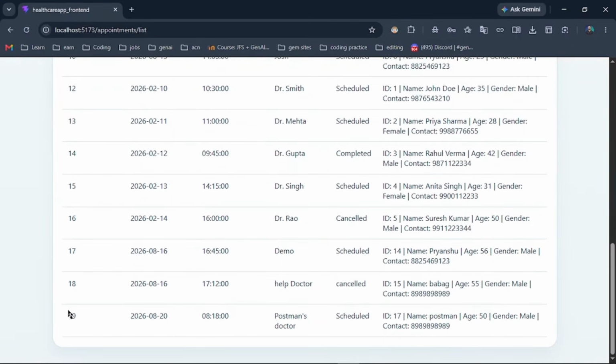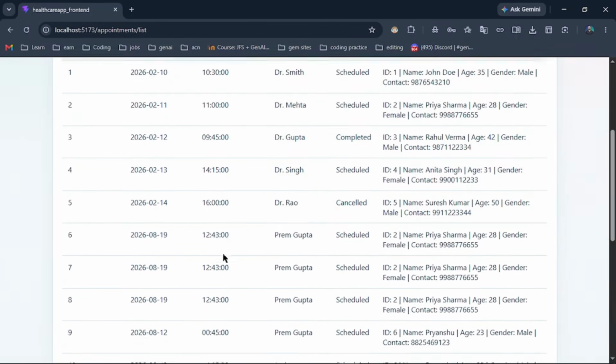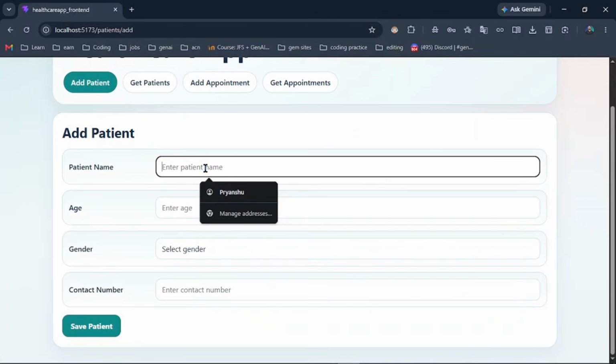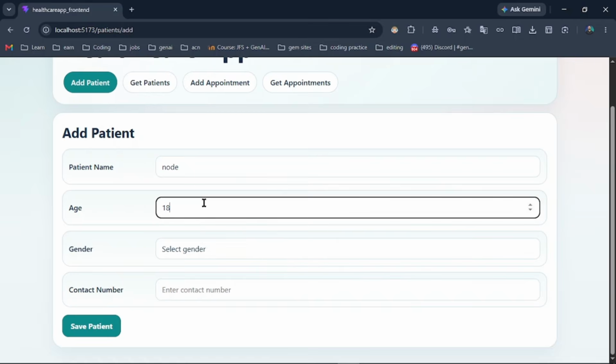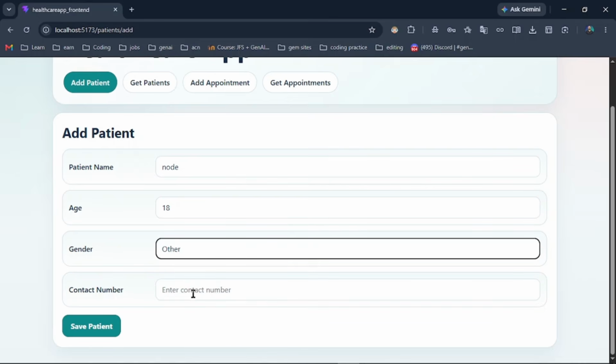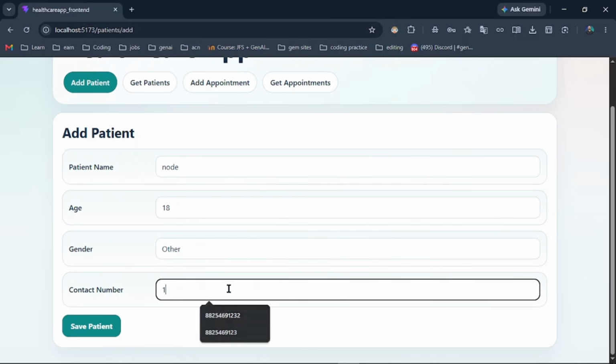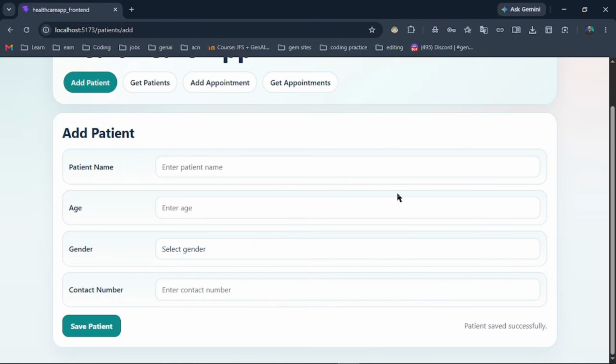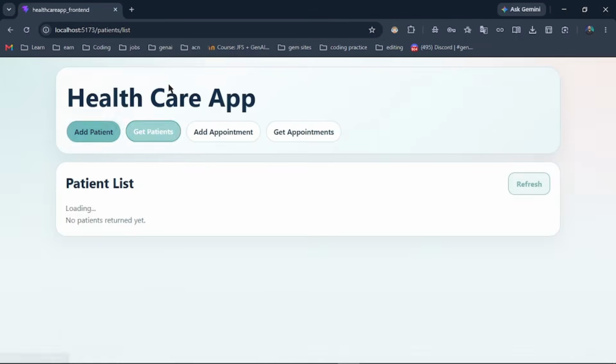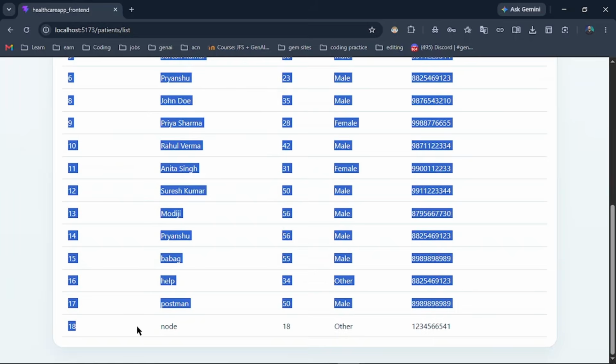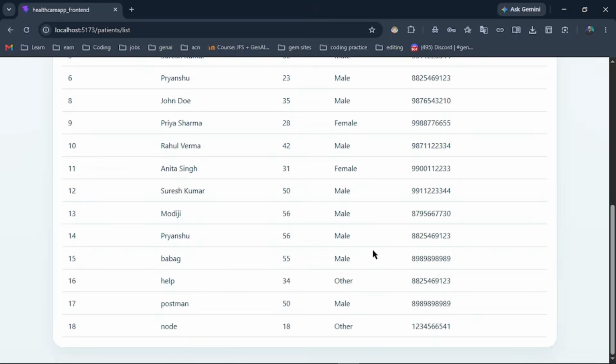और अब मैं जब गेट अपॉइंटमेंट में आता हूँ, तो यहाँ पर देखना आप एक अपॉइंटमेंट आ गया है, शेड्यूल्ड पोस्टमैन डॉक्टर। ठीक है, और यहाँ से हम पेशेंट को भी ऐड कर सकते हैं। मान लीजिए मैं यहाँ पे एक पेशेंट ऐड करता हूँ, नाम रखता हूँ मैं नोड। इसकी एज डाल देता हूँ मैं, मान लीजिए 18 ईयर, जेंडर डाल देता हूँ अदर, और कॉन्टैक्ट नंबर डाल देता हूँ 1234566541। ठीक है, और सेव कर देता हूँ पेशेंट को। पेशेंट सेव सक्सेसफुली, मैं गेट पेशेंट पे आऊंगा, तो यहाँ पे देखिए पेशेंट आ गया है नोड।